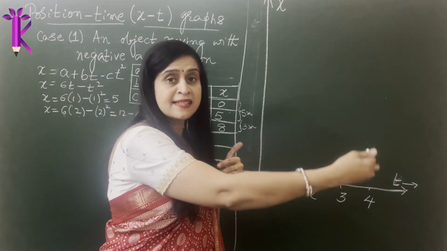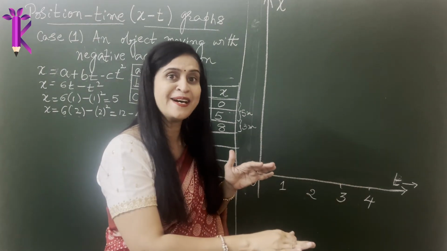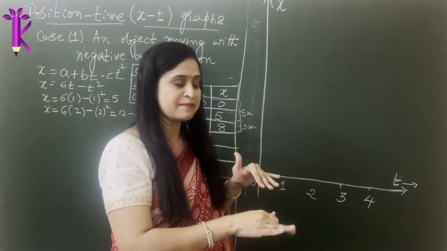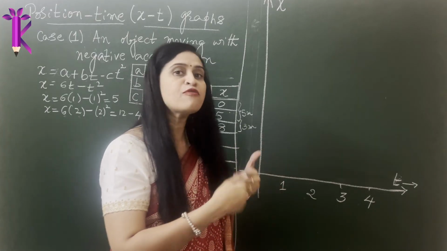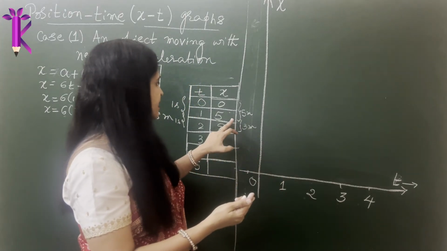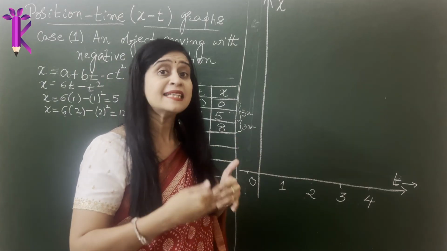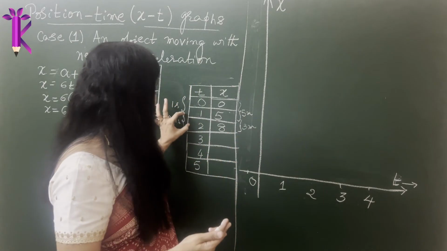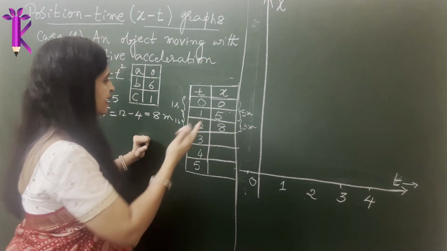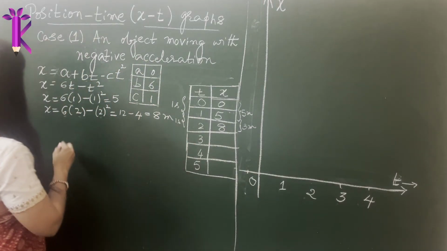That means there is traffic, due to which either the person is applying brakes and the object is moving slow, or for some reason the object is covering lesser distances, which tells you that the speed is decreasing for the same time interval. Let's see what happens now when t is equal to 3 seconds.